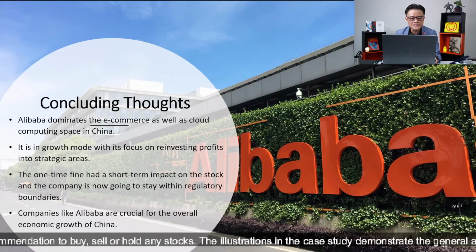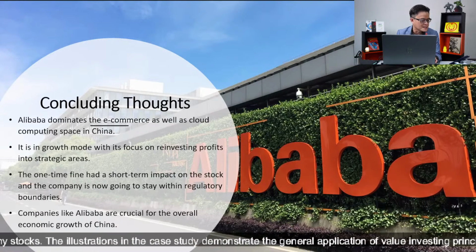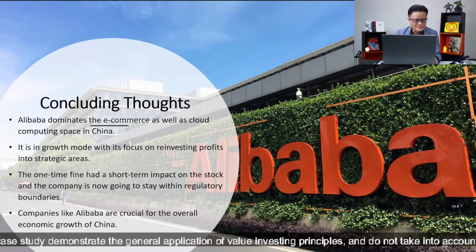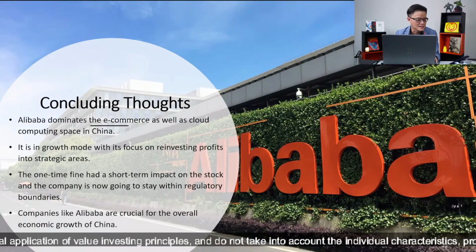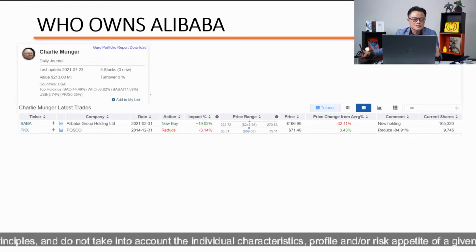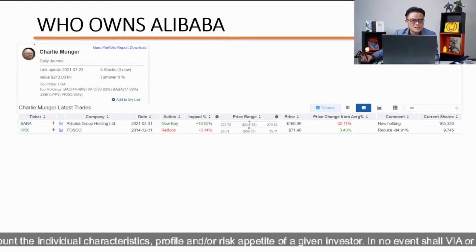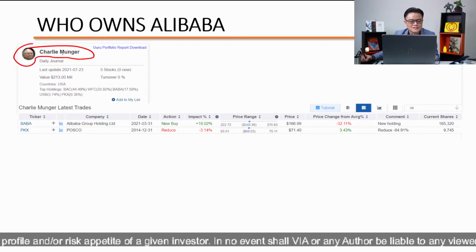Now, the key thing is, in case some of you are cheeky, you may message me and say, okay, then did you press buy for Alibaba? I better not share about me, because just now I already said I'm not licensed by MAS. But let's talk about other people. Who owns Alibaba? If you see Charlie Munger owning Alibaba, perhaps you have higher confidence than hearing Cayden owning Alibaba. So let's look here.